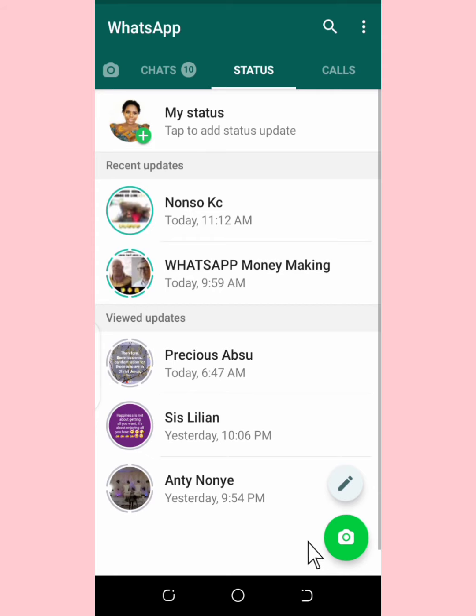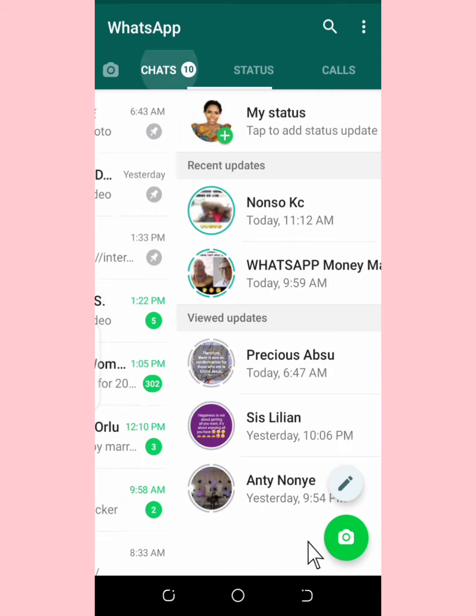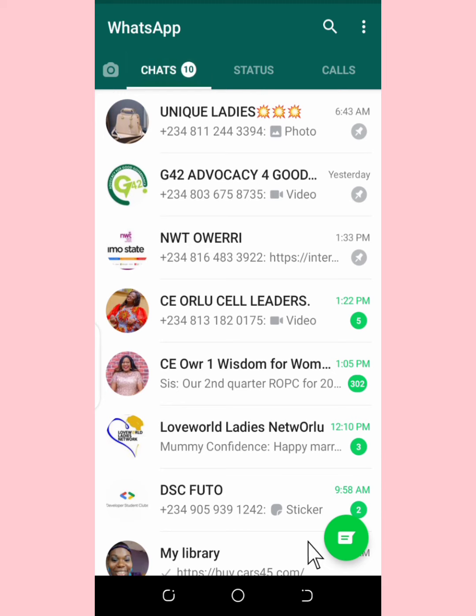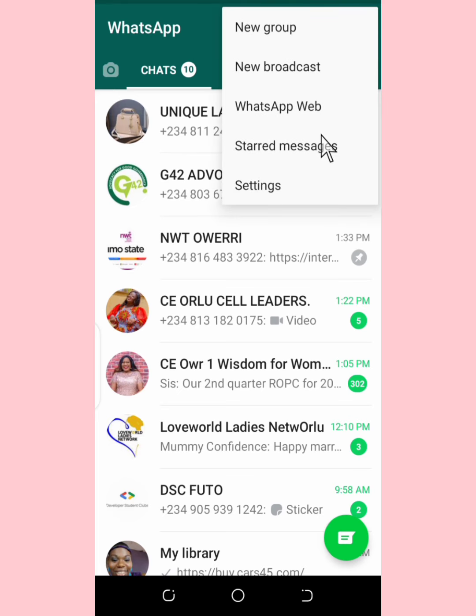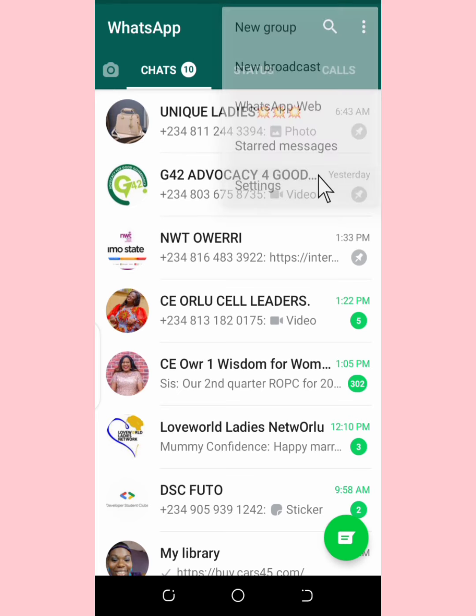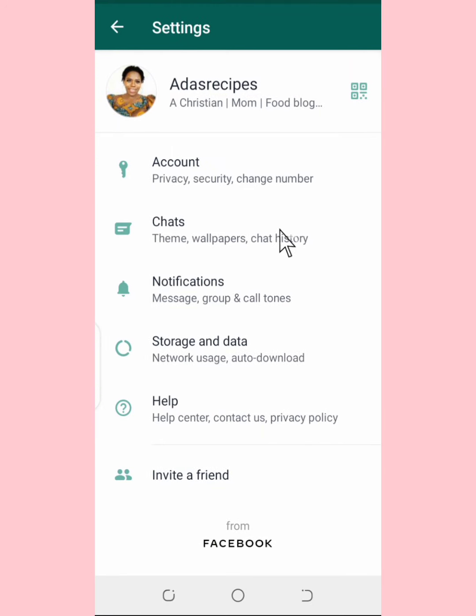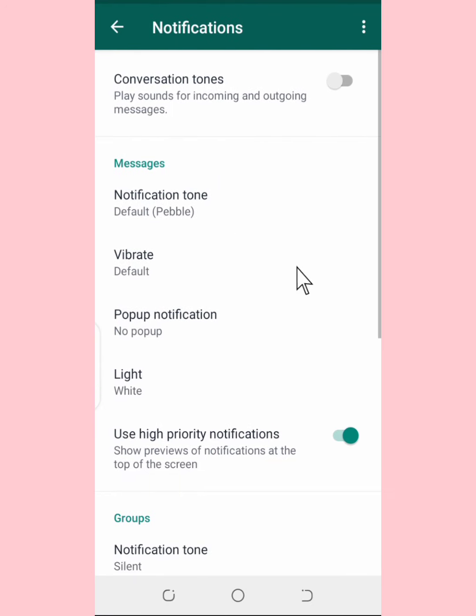All right, the next feature I'm going to show you is also on the chat button. You go to these three dotted lines and tap on settings. Once you tap on settings, you're going to go to notification, then you tap on notification. The first here is message notification.